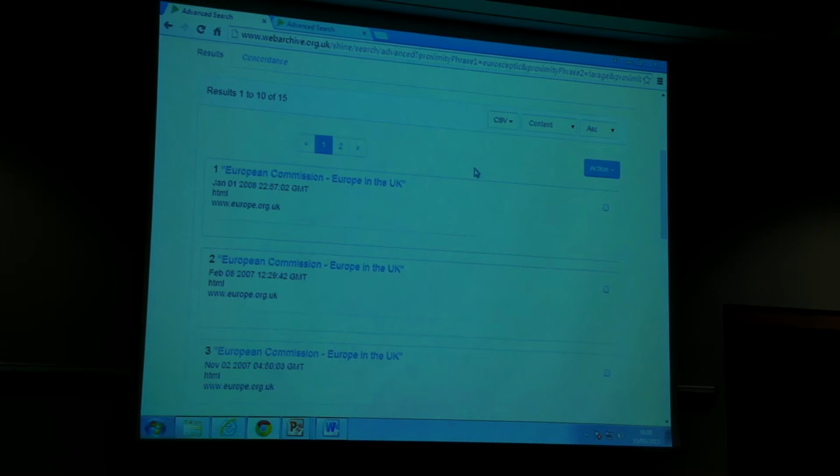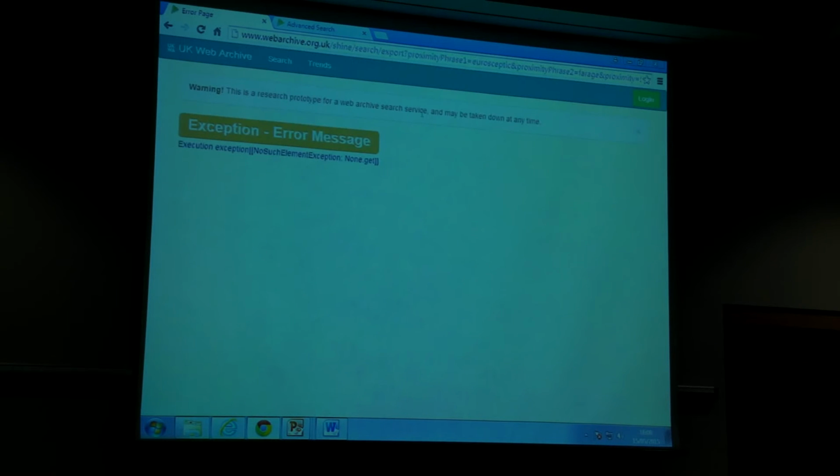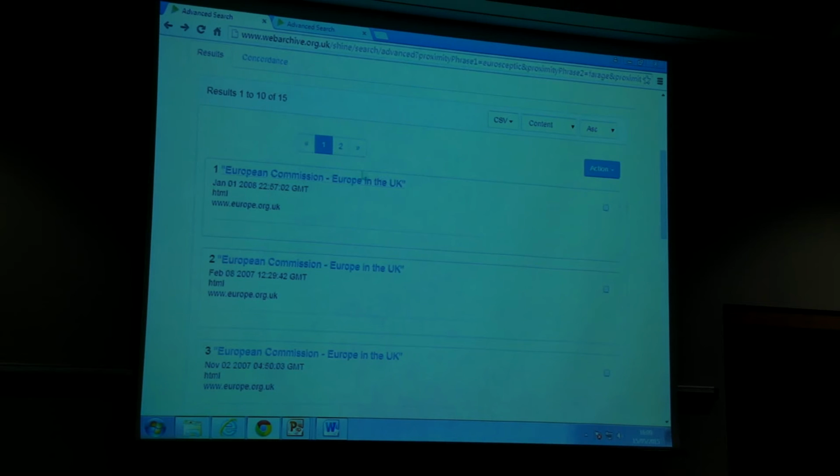Can you put this for CSV? I mean, it says CSV at the top. So if you did it in that format, would it be easier to see where the overlaps or the repetitions are? So what you get CSV-wise is nothing at all. Right, okay. So the CSV is the list of results, not the content itself.